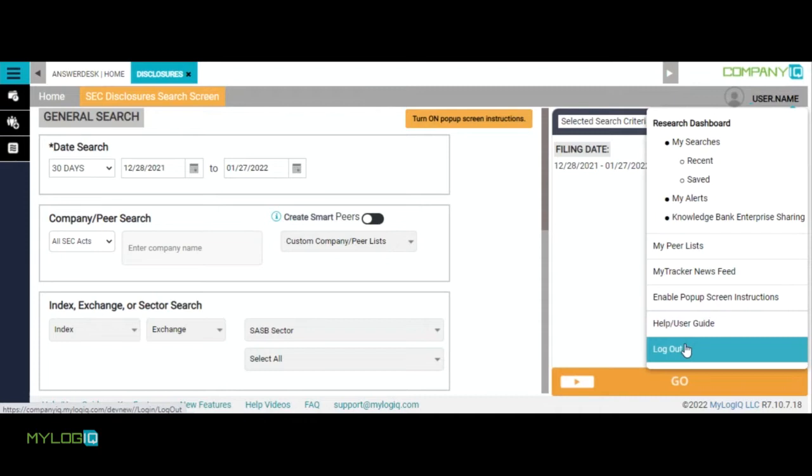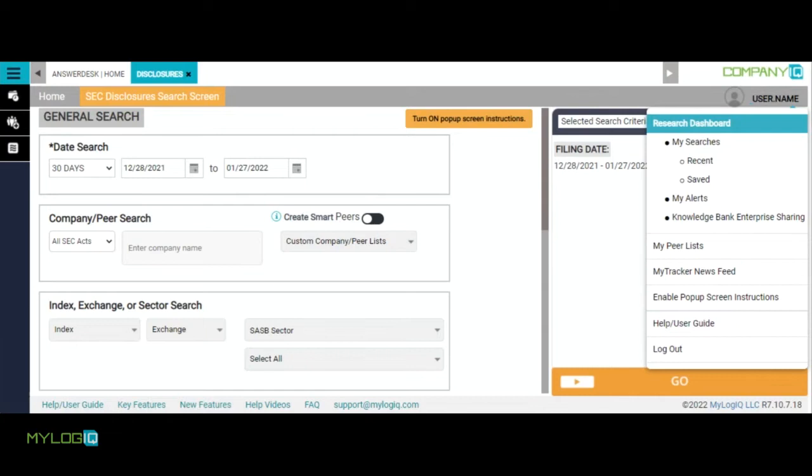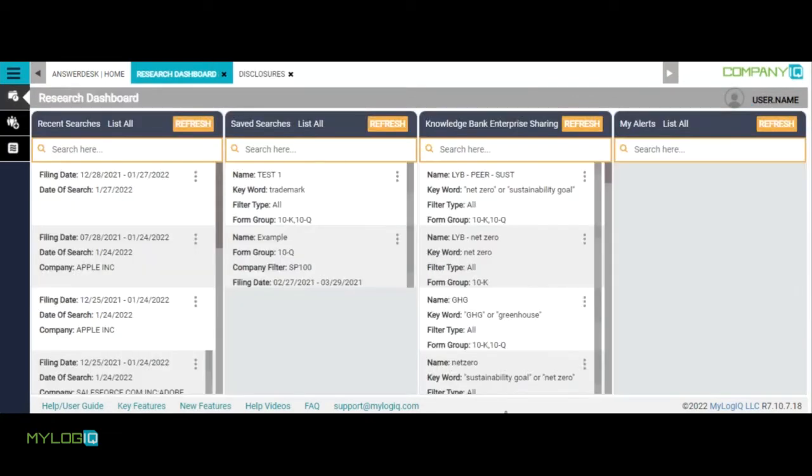The first three tabs will take you to our research dashboard. On the left menu panel of your research dashboard, you can navigate between My Search, My Peer List, and My Tracker by clicking on the desired tab. If you navigate to My Search, you'll be able to load recent search, saved search saved to your knowledge bank,